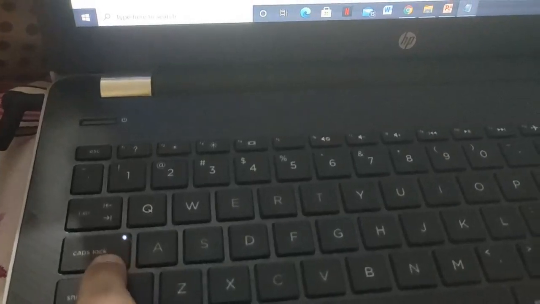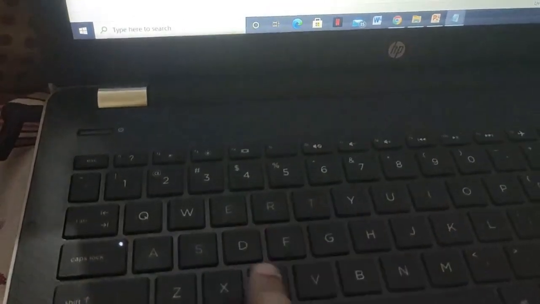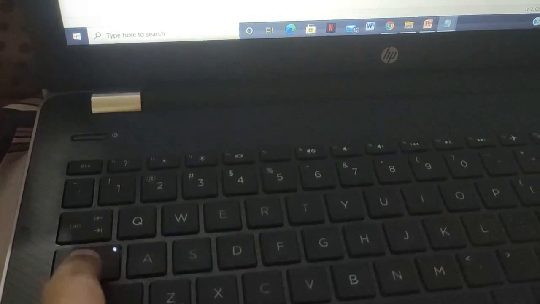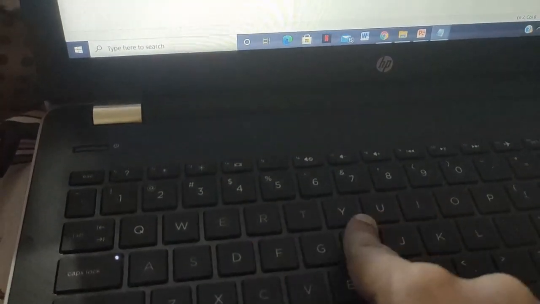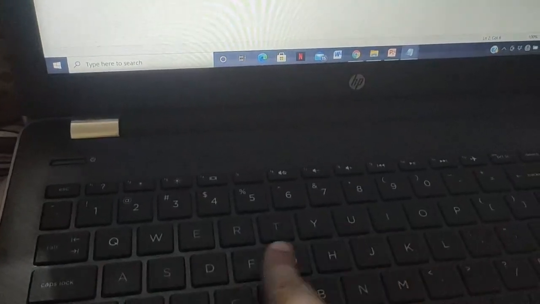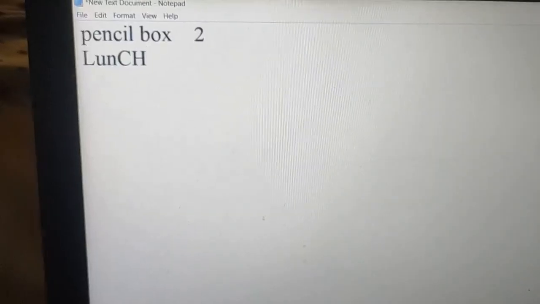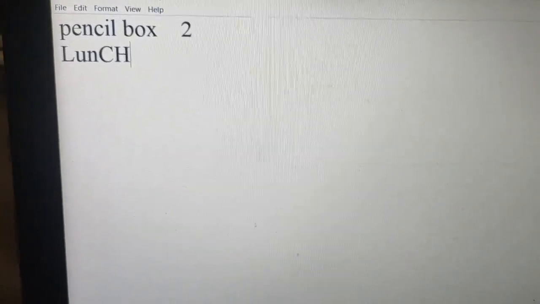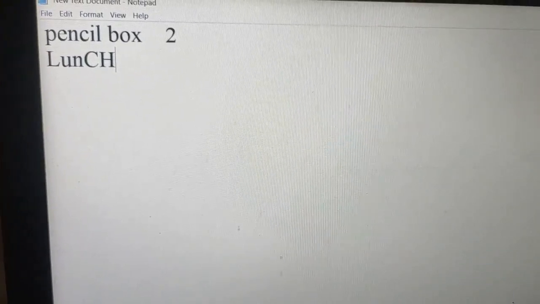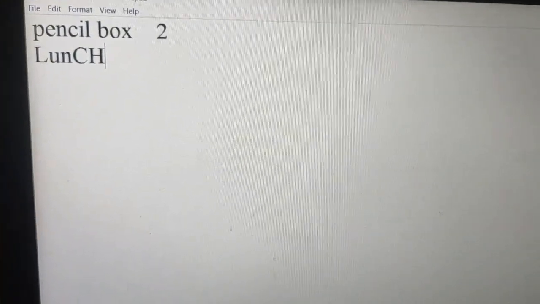Understood, dear children? You need to keep in mind that when you want capitals, you need to turn this on, and when you want small letters again, you need to turn it off. So again I am pressing the caps lock key once. Now it's off. Now whatever I type will go in small letters. So how should I remove this CH which by mistake has been typed in capitals?